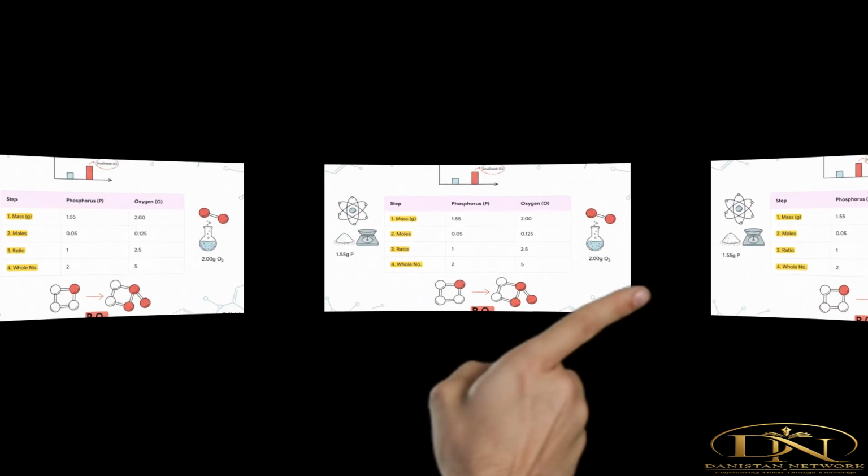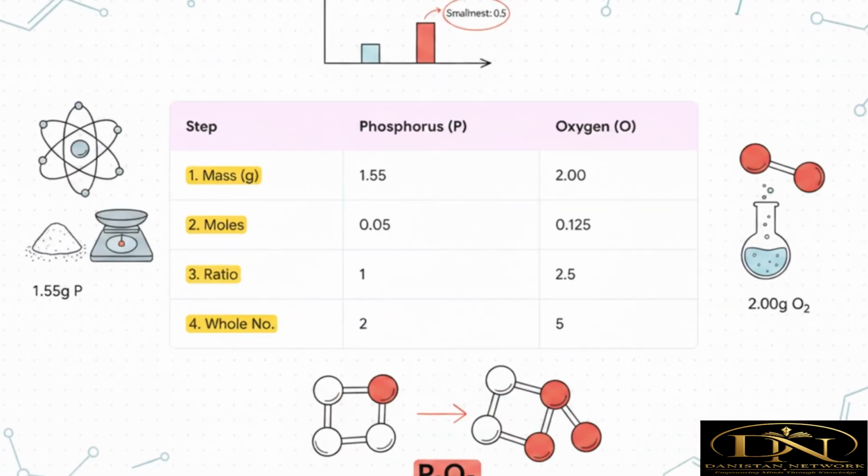We're going to follow the exact same process. Step 1, find the masses. We've got 1.55 grams of phosphorus and 2.00 grams of oxygen. Step 2, convert to moles. We get 0.05 moles of phosphorus and 0.125 moles of oxygen. Step 3, divide by the smallest number of moles, which is 0.05, and this gives us a ratio of 1